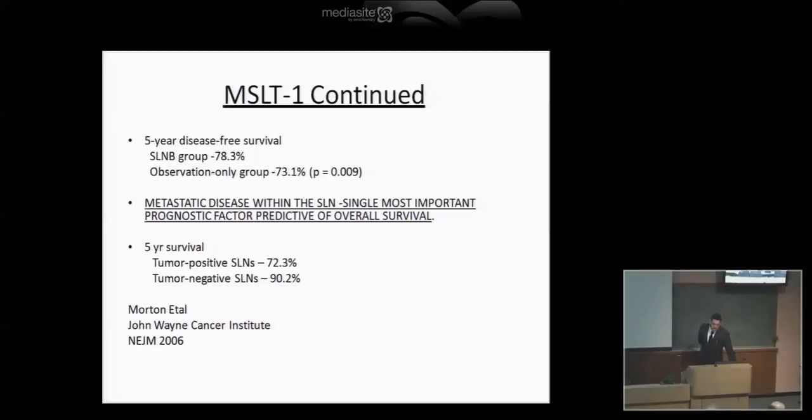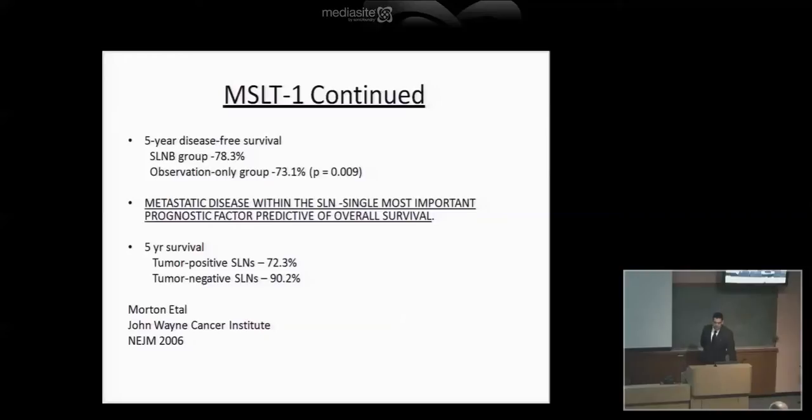The 10-year data came out in 2006. Initially, before that, in 2001, they came out with the 5-year data, which showed that the 5-year disease-free survival in the sentinel lymph node biopsy group was slightly higher as compared to the observation-only group. However, one fact to highlight in this trial was that there was no melanoma-specific survival difference. So whether or not you do a sentinel lymph node biopsy, it does not affect survival with respect to the